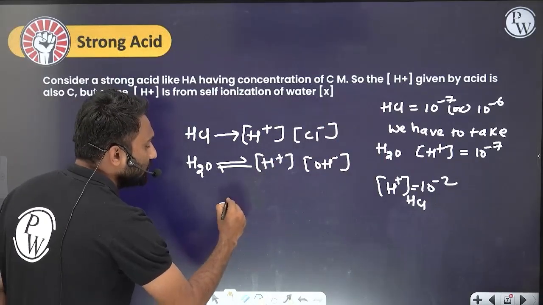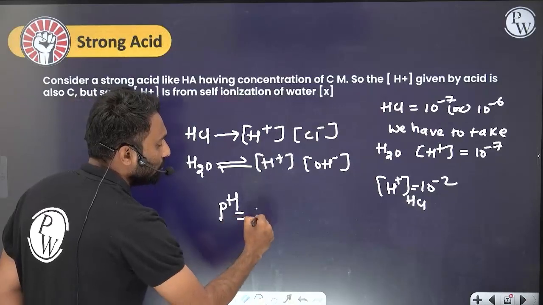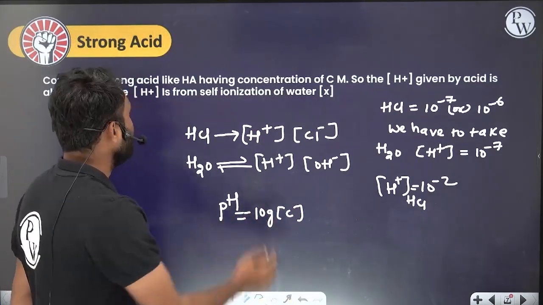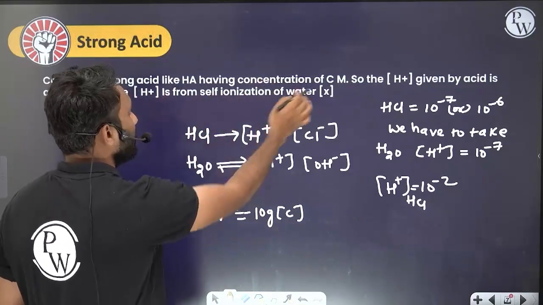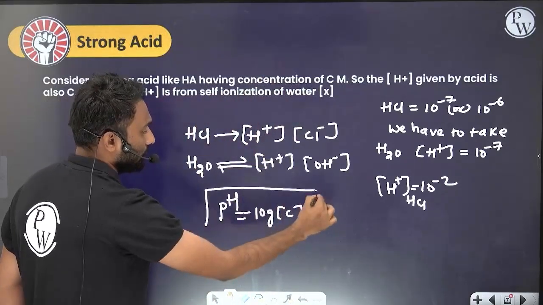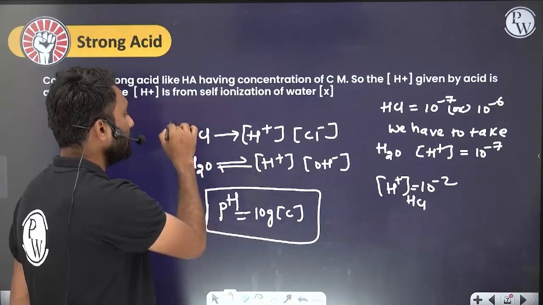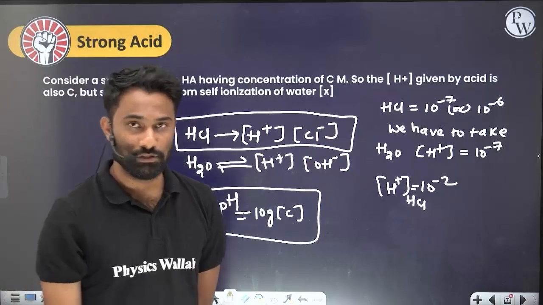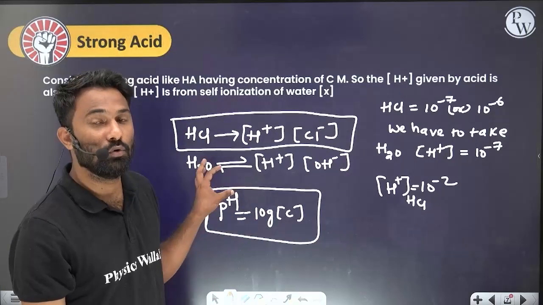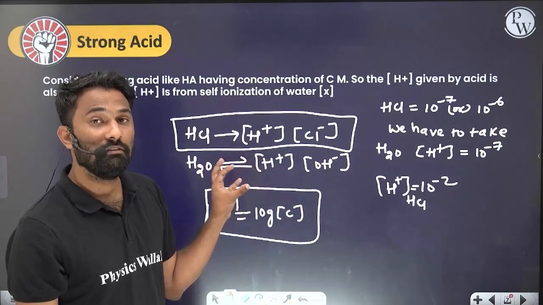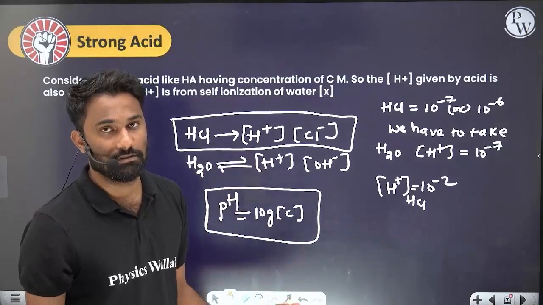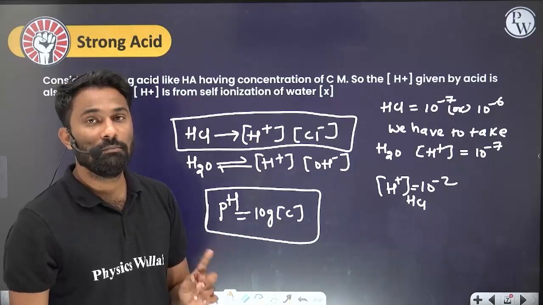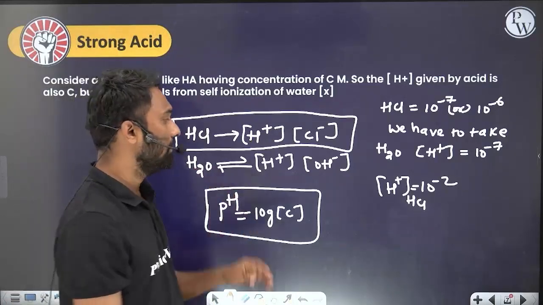Then here the pH will be equal to minus log of concentration C, because here the concentration of the strong acid is C. Because here HCl is a strong electrolyte, it will completely dissociate. Dissociation constant we can write only for the weak electrolytes, because in weak electrolytes equilibrium is established. Okay, next,